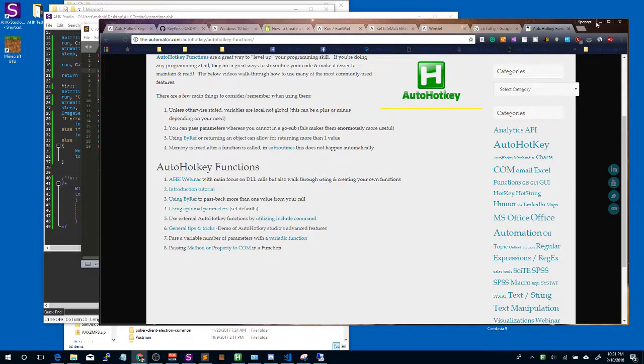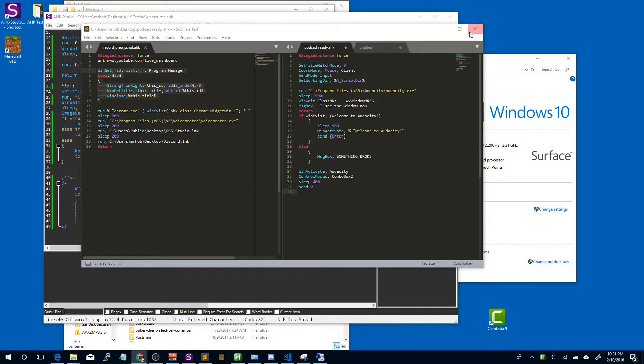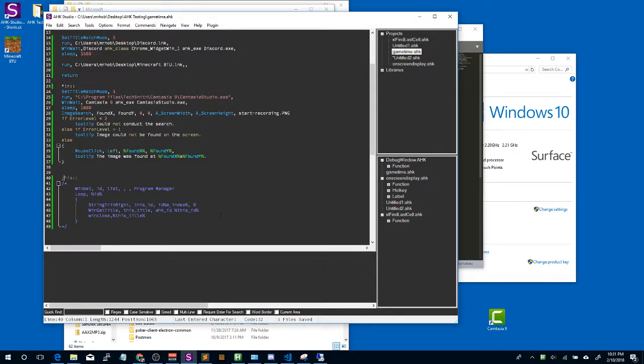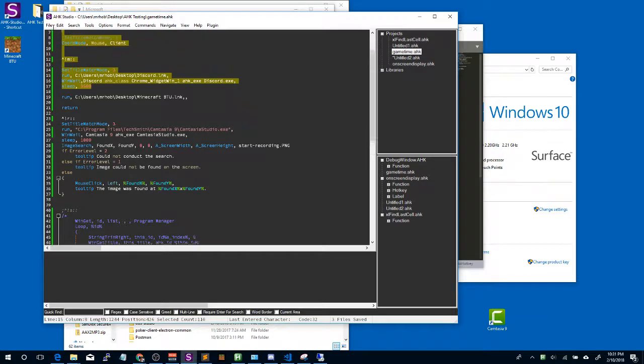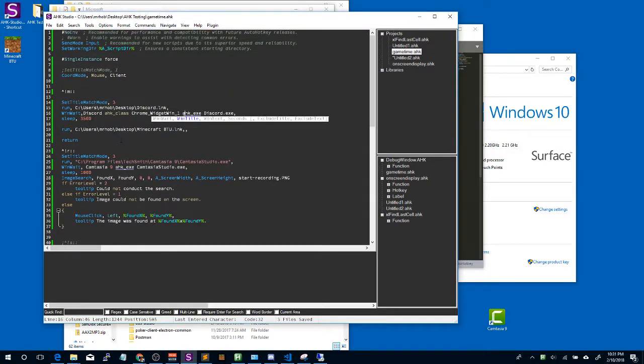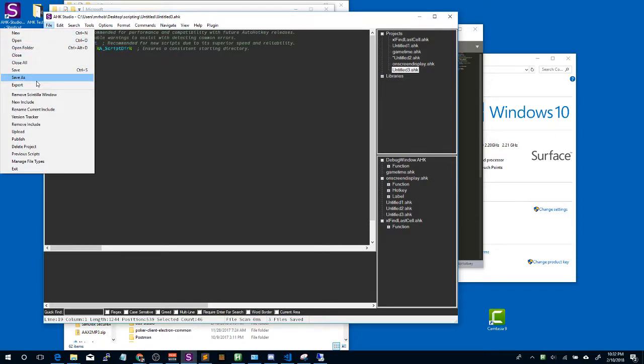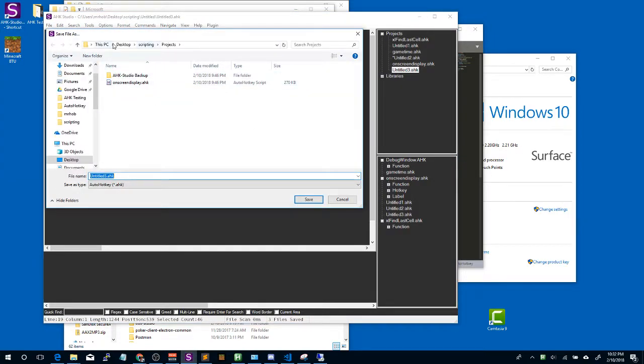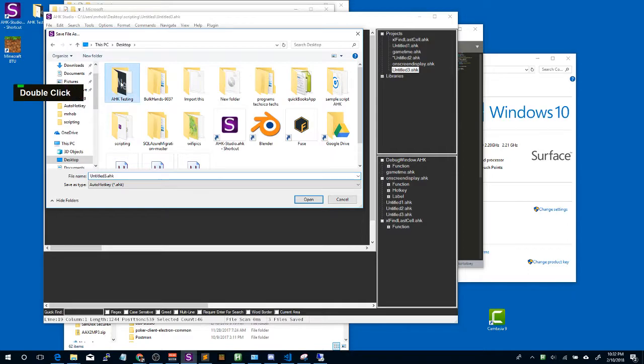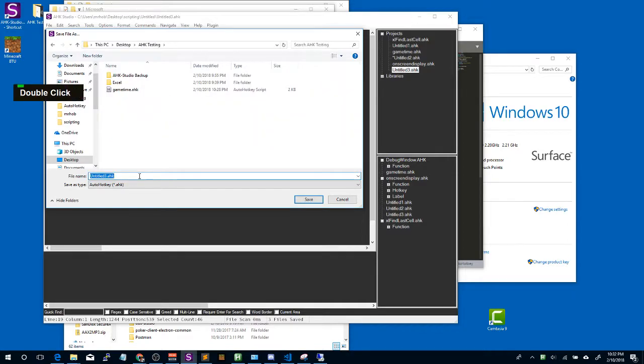Yeah, I don't see anything on here right now, but we're not gonna spend a lot of time on that, because actually what we could do is go ahead and build the backup script. So if we take what we've got so far for running Minecraft, the way AutoHotkey Studio works, all we have to do is go New. We'll go Save As. We're going to move this over to our testing. And we'll call this